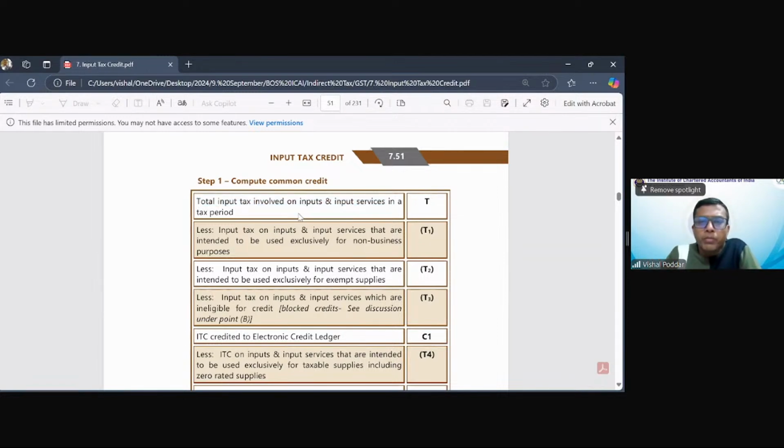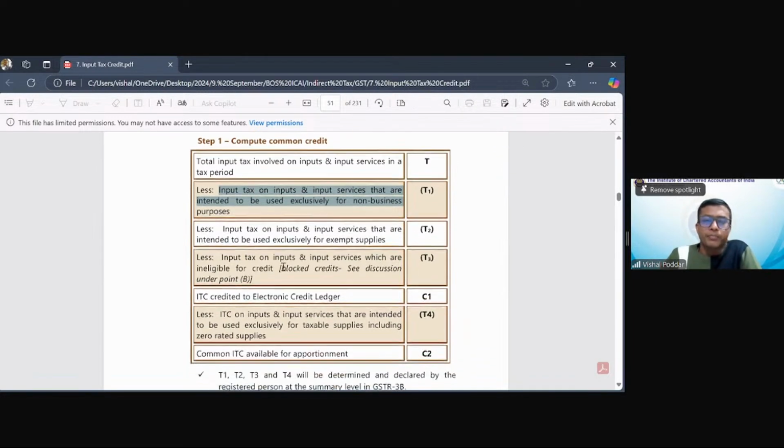Now, from this, remove the ITC which is on those items which are used exclusively for non-business purpose. So by chance, if in this ITC there is any invoice which is applicable to such goods or services which you have not used in business at all, that is, you are using it for personal use, remove it, because anyways you don't get ITC for that. Second,